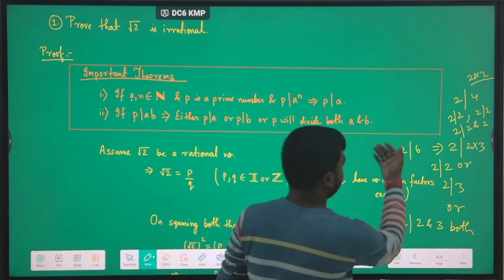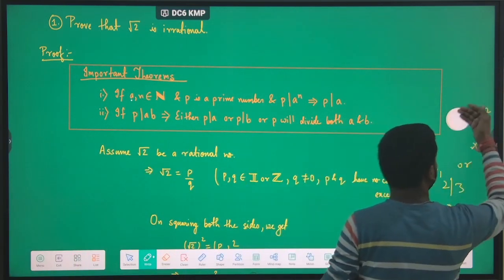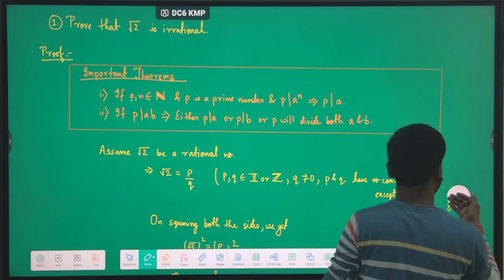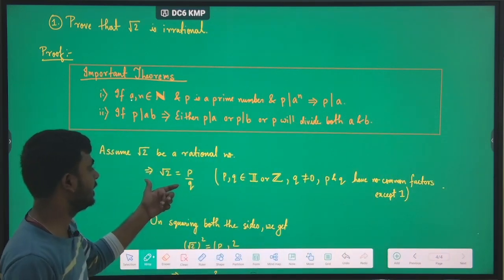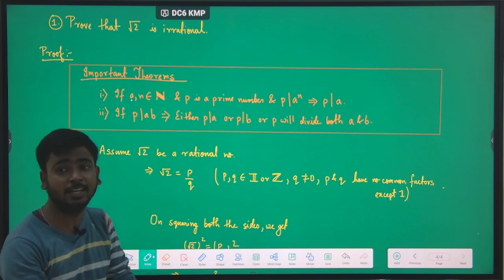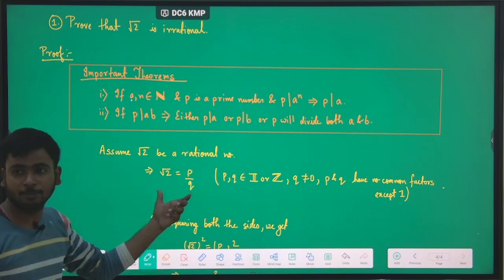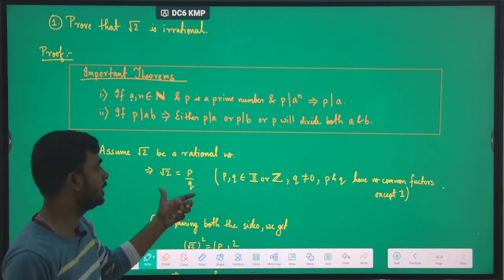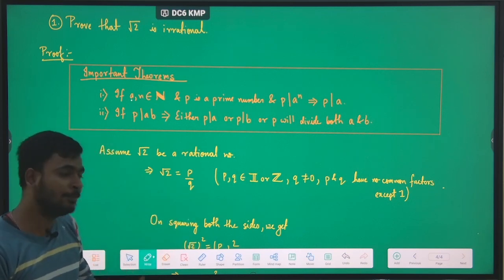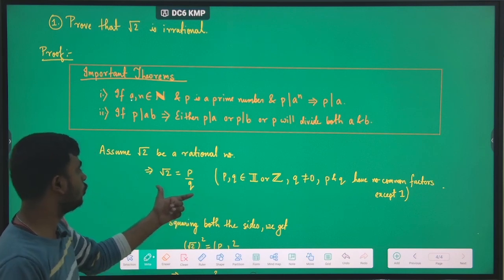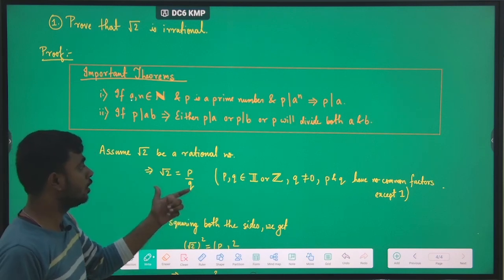अब हम लोग चलते हैं, इसके बारे में समझते हैं कि ये थ्योरम को हम लोग कैसे प्रूव करेंगे। लेट अस सपोज कि हम मान लेते हैं कि रूट 2 एक रैशनल नंबर है। क्या मान लिए? कि रूट 2 एक रैशनल नंबर है। अगर रूट 2 रैशनल नंबर है तो इसको हम लोग p by q के फॉर्म में लिख सकते हैं। किस फॉर्म में लिख सकते हैं? p by q के फॉर्म में लिख सकते हैं। अगर रूट 2 p by q के फॉर्म में है, और कंडीशन क्या होगा